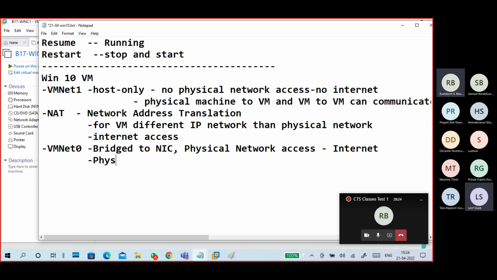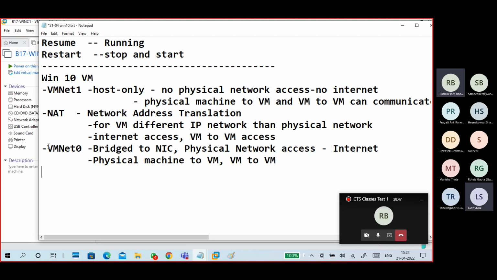Next, physical machine to virtual machine, and virtual machine to virtual machine access is there. Here also in this one, internet access, VM to VM access.